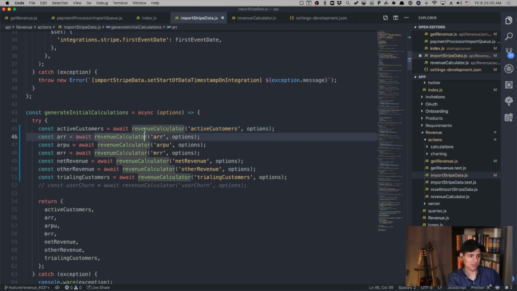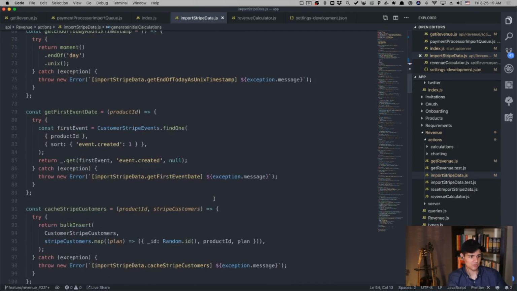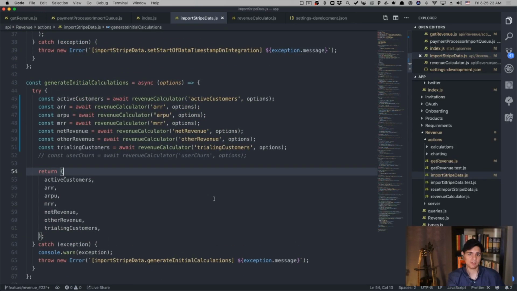Each invocation of the cloud function is going to get its own resources, meaning its own memory and its own CPU. In theory, because it's isolated in its own little box, it's going to run faster. It's going to be able to do the calculation a lot quicker, and it's not going to trip up the overall application. So the flow I have here is that when you import your Stripe data for the first time,